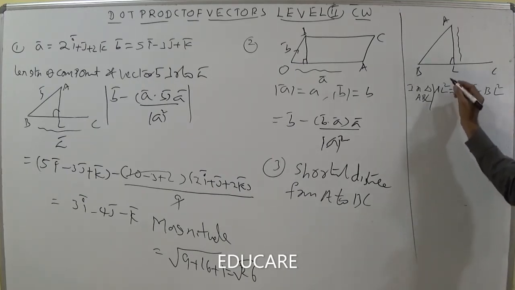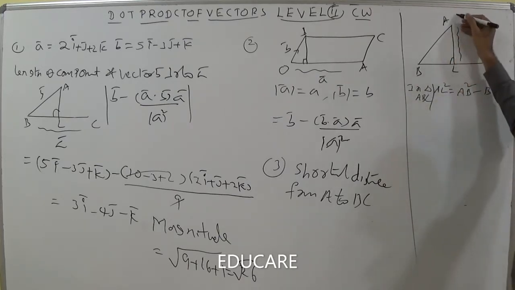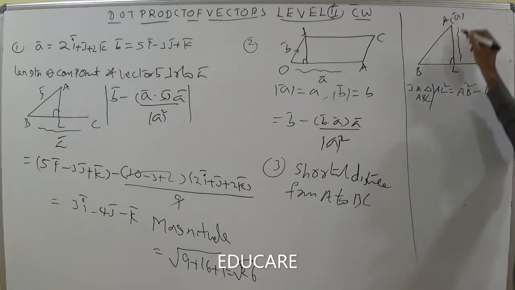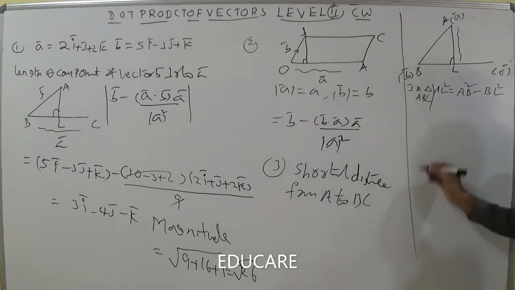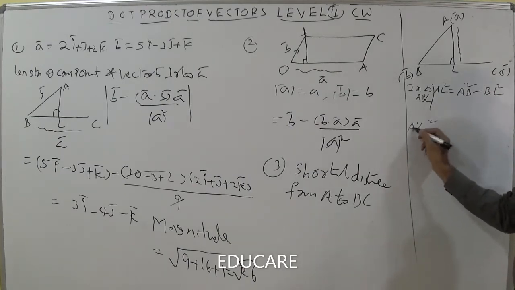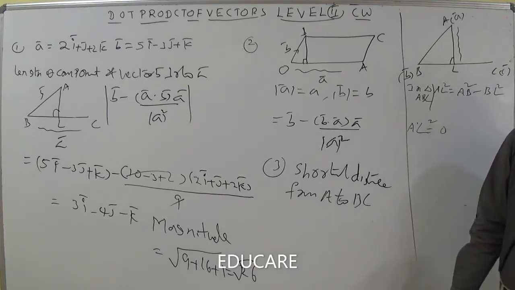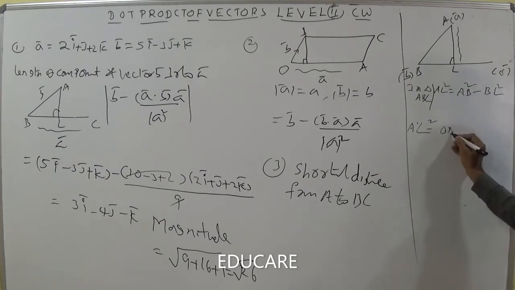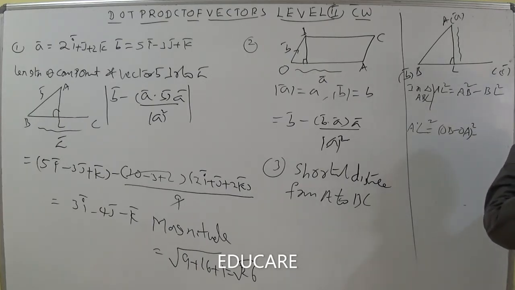So what is the value of AB? What is the value of BC? He has given the position vector of A as A bar, the position vector of B as B bar, and the position vector of C as C bar. So you can write AL square is equal to, by the position vector concept, OB minus OA: O second letter minus O first letter. OB minus OA whole square minus what is BL. BL means this is BC here. So AL is the AB square.